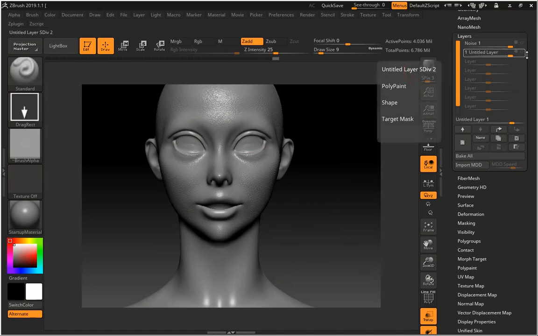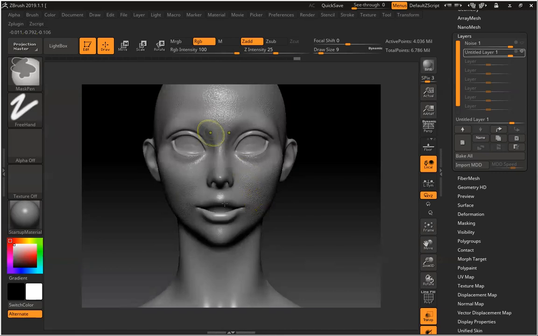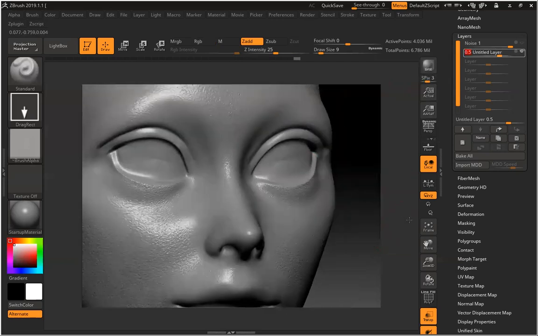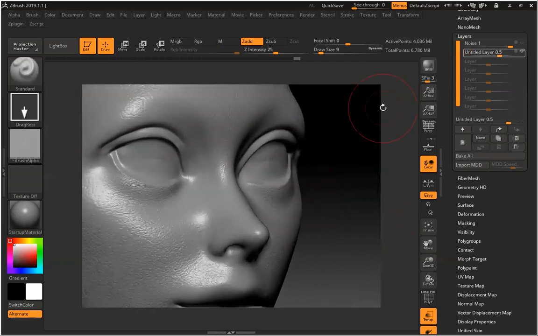Switch off your recording. Click on this. Switch off the recording, and you can see the intensity. It's very strong. I don't want that, so I can reduce it to 0.5 or something. It will become soft and subtle. It works just like in Photoshop. So you can reduce or increase it, or if you want to increase it, I can duplicate the layer. You cannot make it 2. It always moves between 0 and 1. So if you want to increase it, you can duplicate the layer and enhance it.